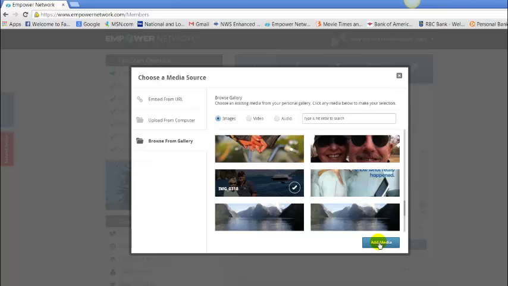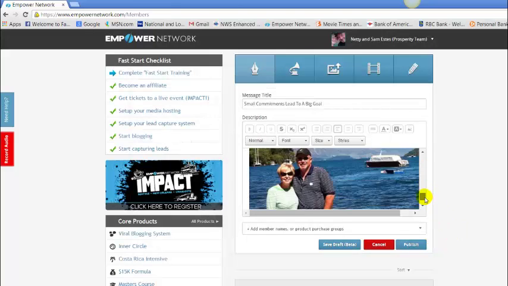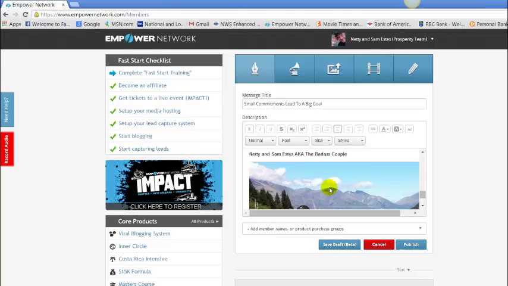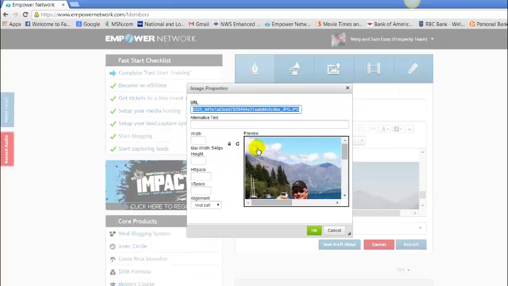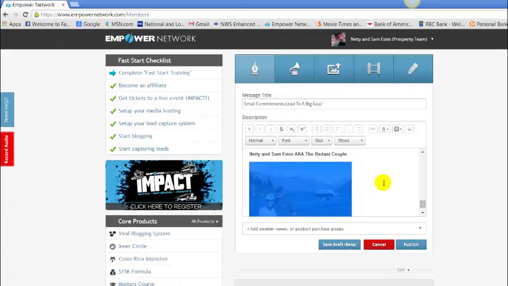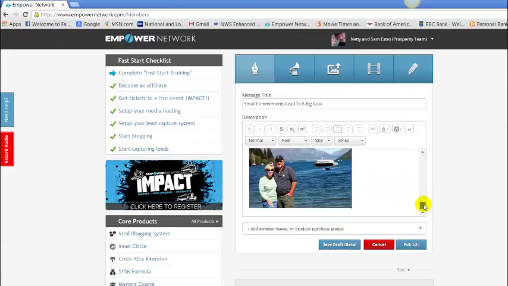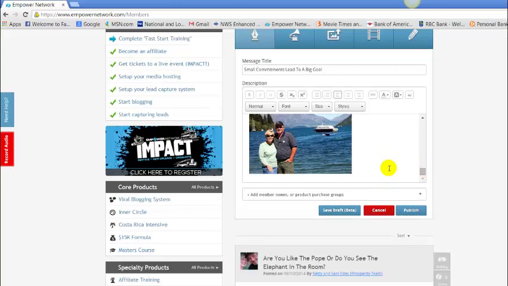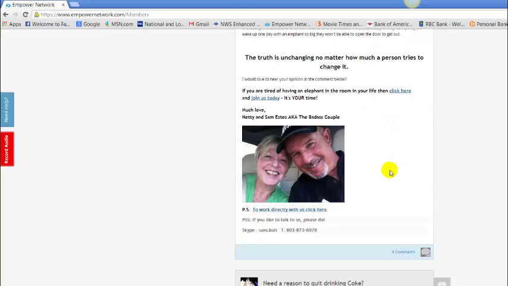You just add it, and abracadabra, there it is. Left click, and because you want to shrink it, you don't want a really big size of yourself there. To shrink it down to a really nice size for a picture when you're closing out, 300. Put your 300 wide, automatically adjust the height. And I hit OK. There you go. There's a picture. But I always add a few things at the bottom here, and I'll just go down and